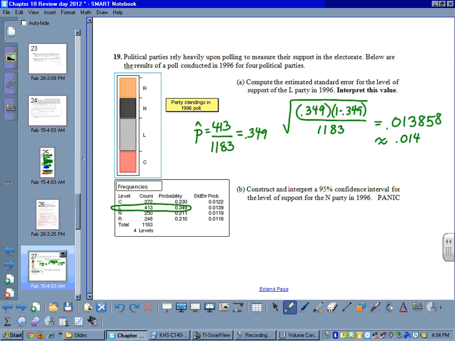So basically what 0.014 means is this is the typical amount samples of size 1,183 will deviate from the true population proportion, which shows the support for the L party. And we don't really know what that is. So 0.014 is the typical amount